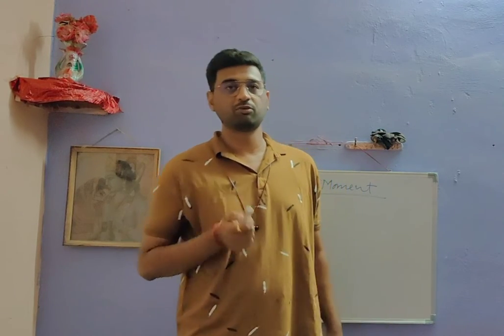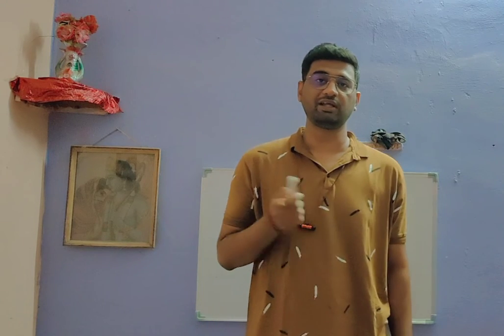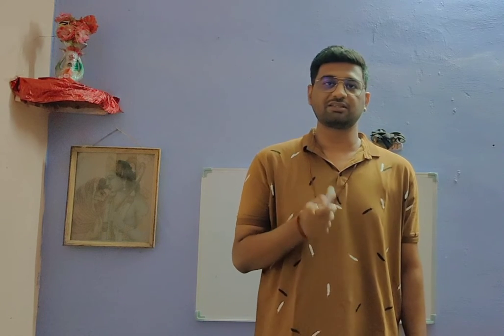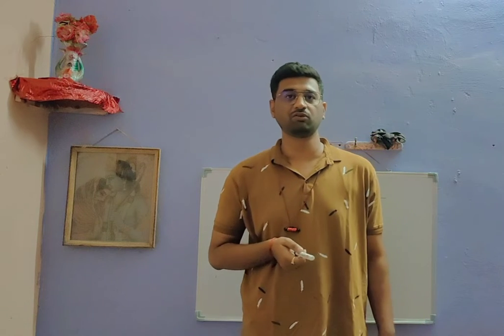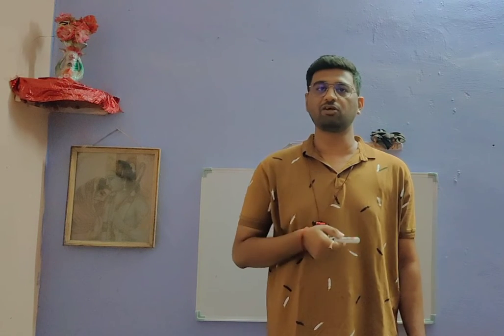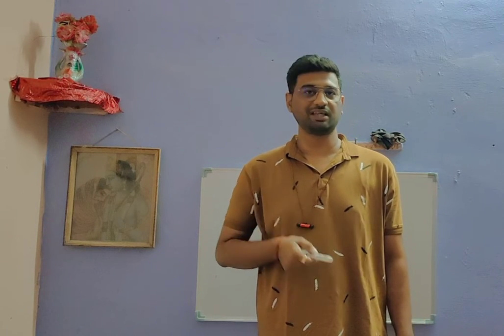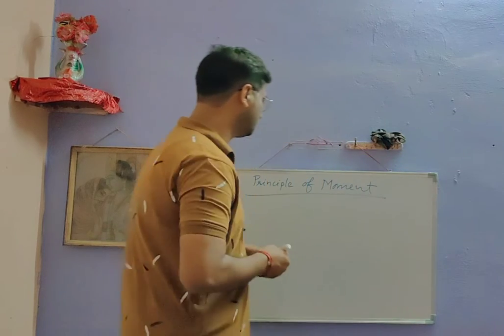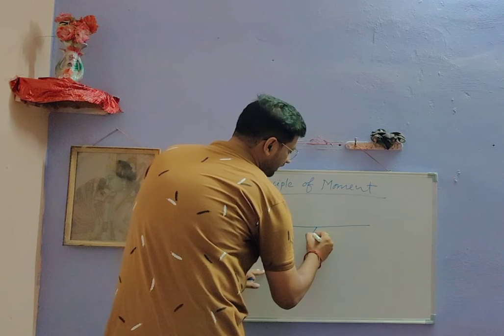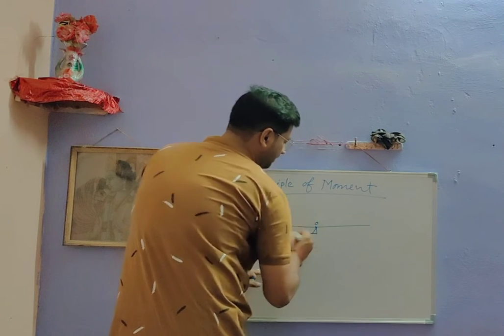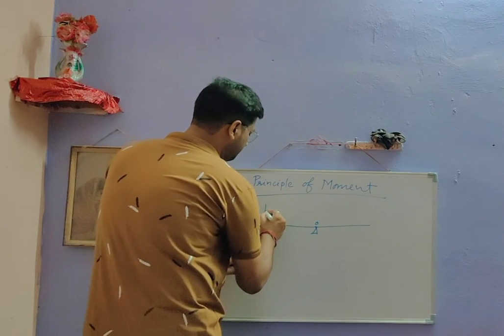So the principle of moments states that if a body is in equilibrium under the action of a number of parallel forces, in that case the sum of clockwise moments about any point is equal to the sum of anti-clockwise moments about the same point. So for example, if a beam is pivoted at the center and a number of parallel forces are acting